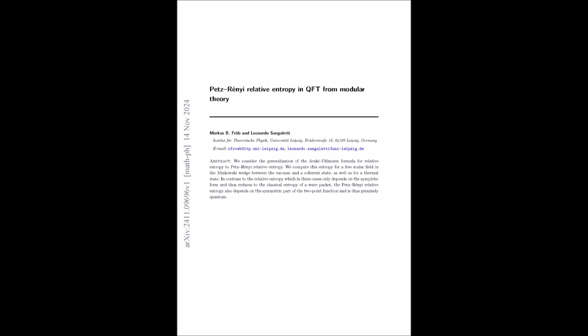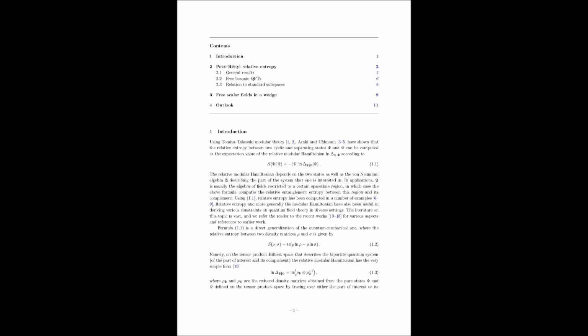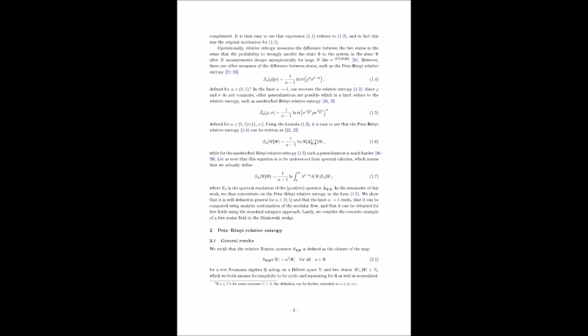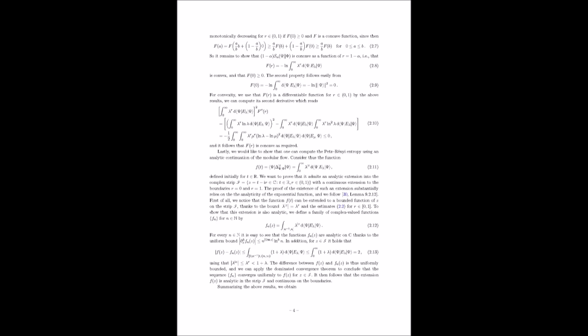This calculation allows them to demonstrate the practicality of their approach. And it reveals that the Petz-Rényi relative entropy in this case does indeed exhibit a dependence on both classical and quantum features, just as they expected. So it's a confirmation of their earlier findings, but now in a specific physical system. Exactly. It's one thing to have a general theory, but it's always satisfying to see it work out in a concrete example. And this example also highlights the role of the analytic continuation of the two-point function in capturing those quantum effects. So it's all coming together beautifully.